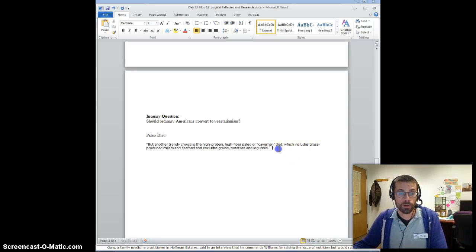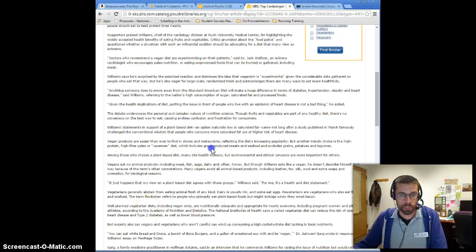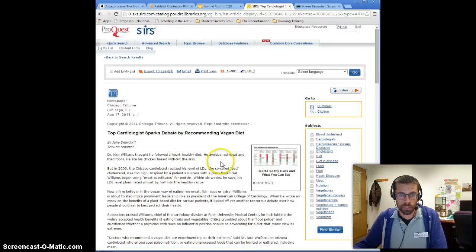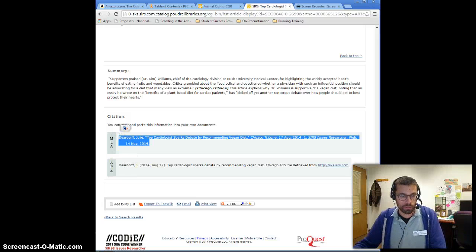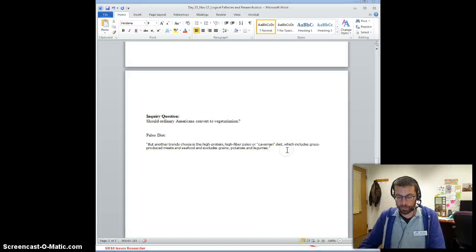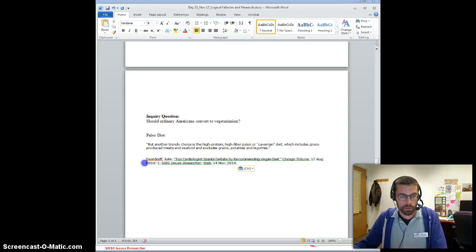And then the hard thing to remember is where sources came from. So if you collect a whole bunch of research, but you don't remember where your sources came from, it's going to be really hard to use in your essay. So I want to go back to my database, and I want to click on this citation button. And all of the databases have some form of citation button, so that you can simply copy the citation information into your Word document and make sure it's formatted correctly.